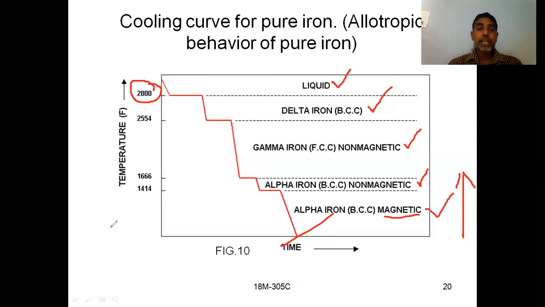It is very, very important in the examination. So what are the allotropic forms of pure iron? Draw a neat sketch. What are the parameters we are taking here? We are taking time and temperature. You have to remember these temperatures, and you have to know the different crystal structures like delta iron, gamma iron, alpha iron, what is the structure of those irons, and the magnetic and non-magnetic nature. Those things you have to remember.